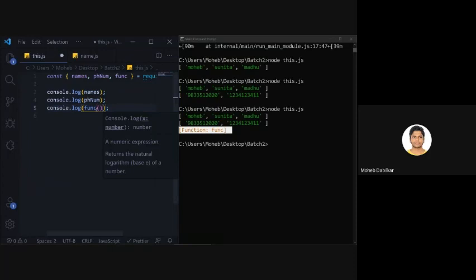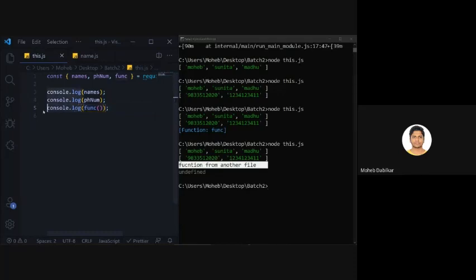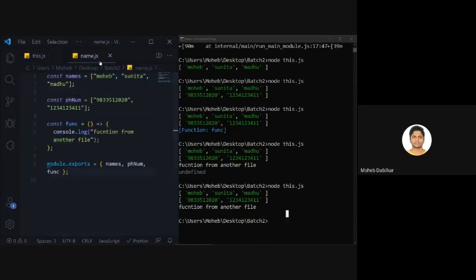So I will have to put in parentheses over here. Now it should work. You see, it says function from another file. Just by calling it, it should work, because we are not returning anything, we are just running that function. So that is how you import functions and all.